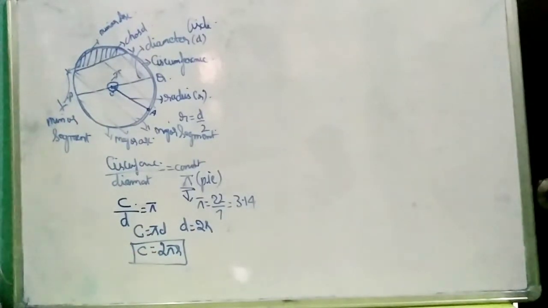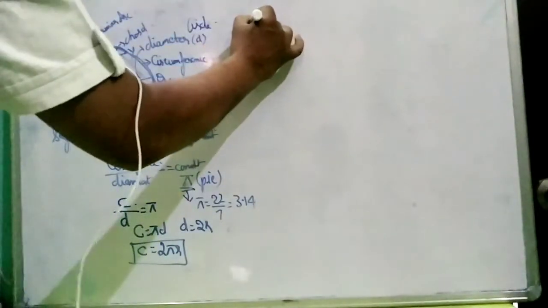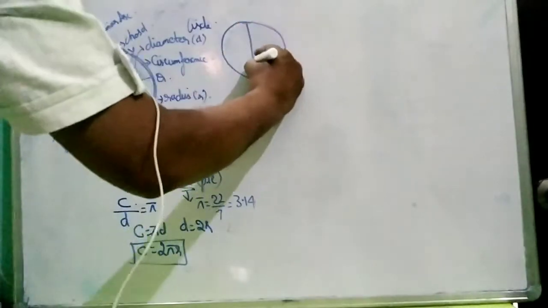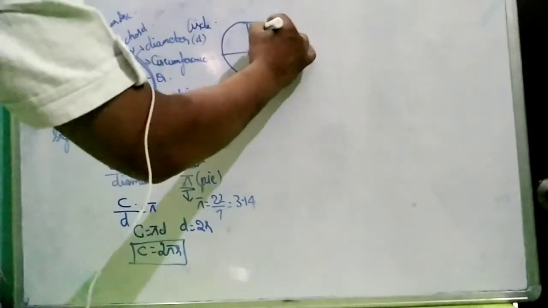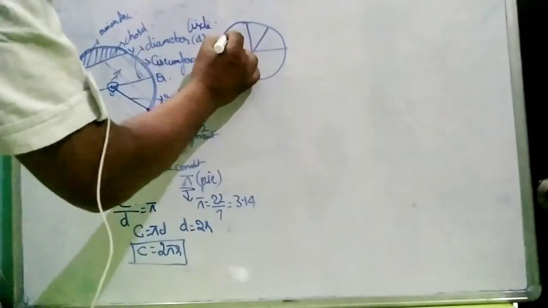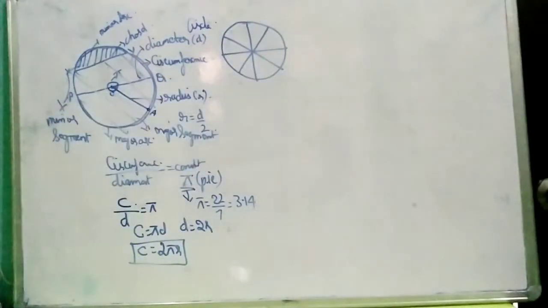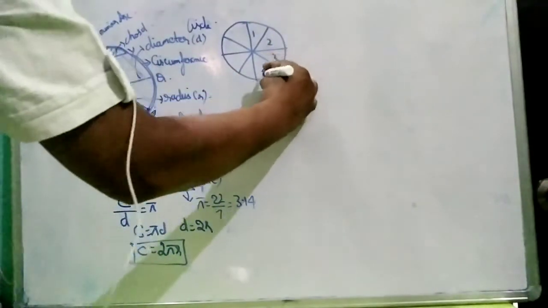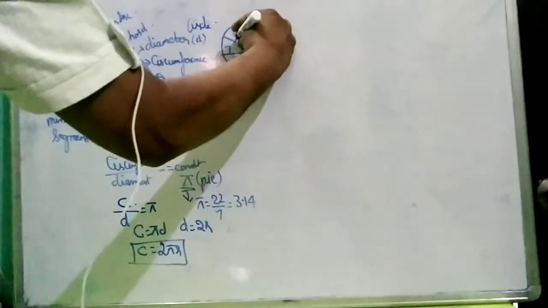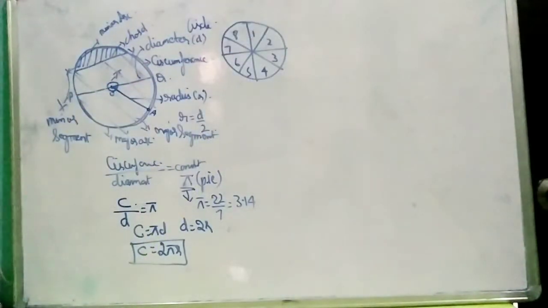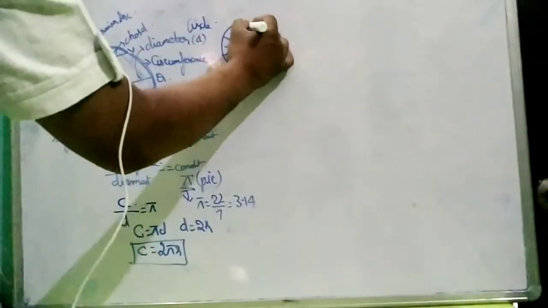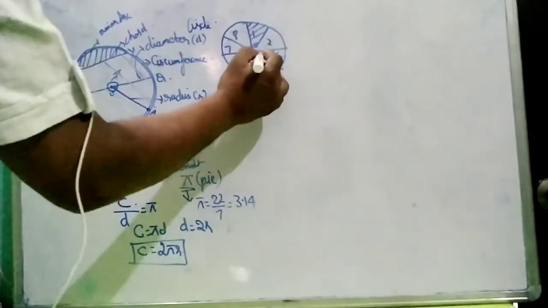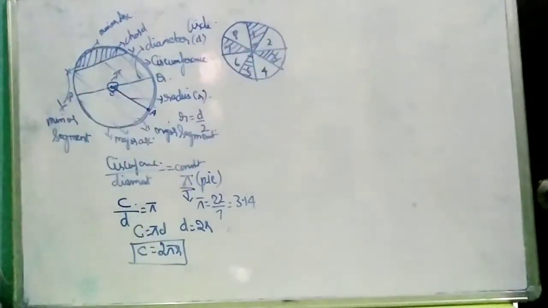Is this clear? Now if we have to calculate the area, you will see the diagram which I am drawing of a circle right now, divided into many parts. I have drawn 4 parts, this is 6, this is 8. Further you can divide, 1, 2, 3, 4, 5, 6, 7, 8. Even you can draw it into 16 parts. This is the first part, this is the third part, this is the fifth part, this is the seventh part which I have shaded.